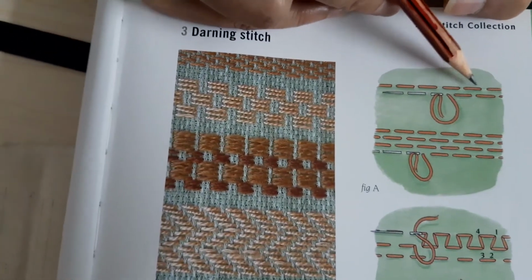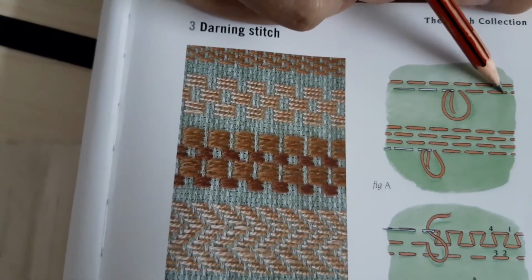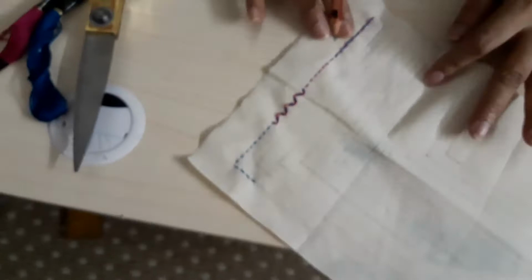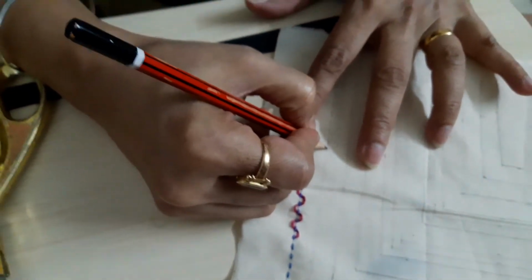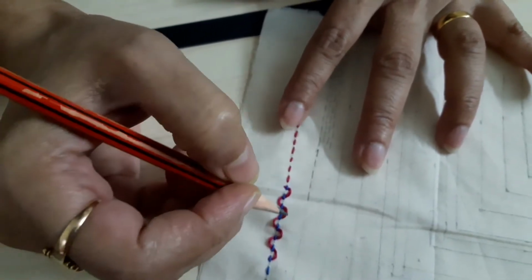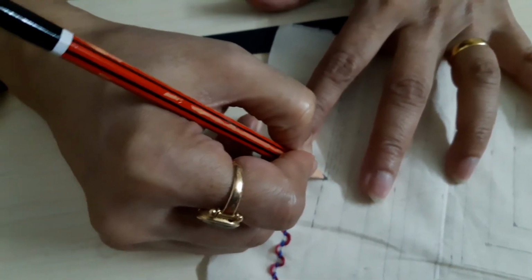You've done the first row of stitch basic, and then we draw the lines in the center of these two stitches. Let's see how we do it. Okay, so first the stitch is going to be like this, right? In the next one, halfway through this stitch, halfway,